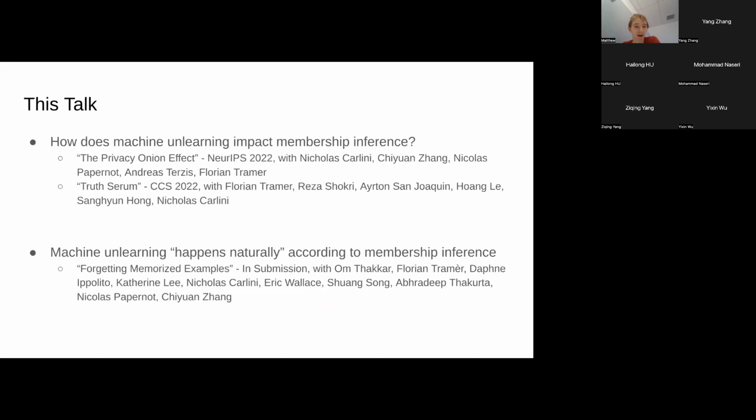What I want to talk about is two ways that this interacts with privacy attacks. The first is, how does this machine unlearning primitive impact membership inference? You might already be thinking about some papers that exist from people in this talk, but I'm going to be talking about a different angle from those. And if you don't know what I'm talking about, I'll describe that. Then I also want to talk about how, if you think about membership inference as the goal of machine unlearning, making membership inference impossible, it somewhat happens naturally over the course of training, with some caveats that I'll talk about when I get to that part.